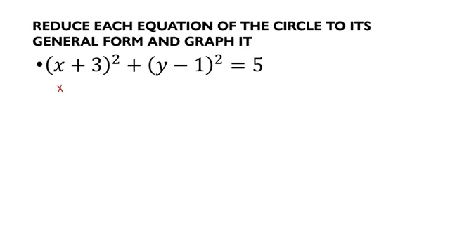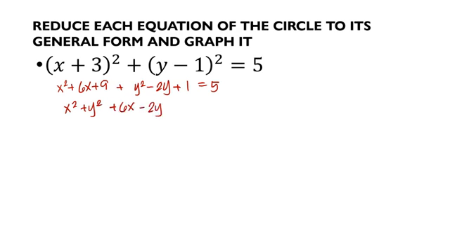So this would be x squared plus 6x plus 9 plus y squared minus 2y plus 1 is equal to 5. So x squared plus y squared plus 6x minus 2y, and then this becomes plus 10 minus 5 is plus 5 equals 0. So it forms the general form of the equation. However, in order to plot the circle, what we need are the center and the radius. So the center for this one is negative 3, positive 1, and then the radius is basically the square root